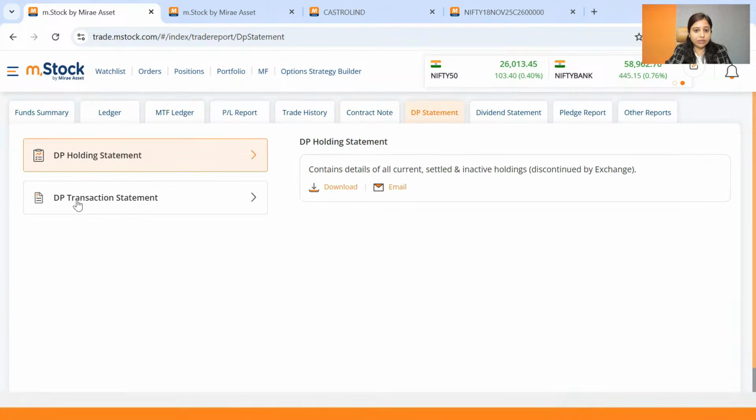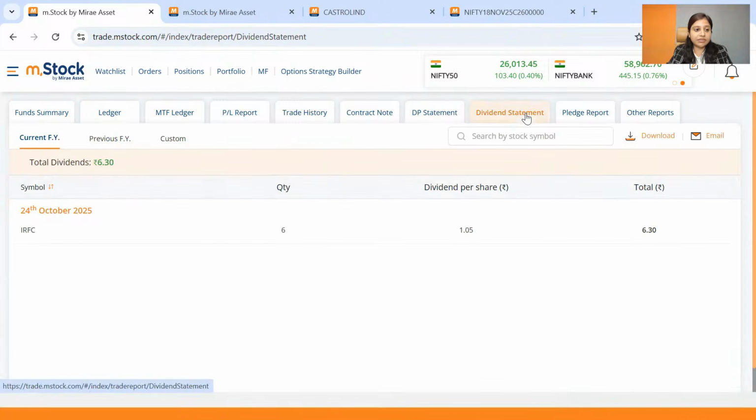We've also got new DP holding statement. So sometimes we receive queries from clients that our inactive holdings are not visible in the portfolio. So in that case, you can just download your DP statement and check all the dividend report for